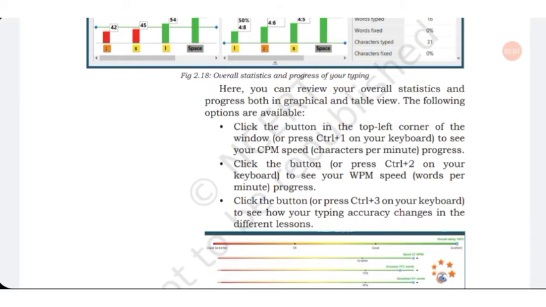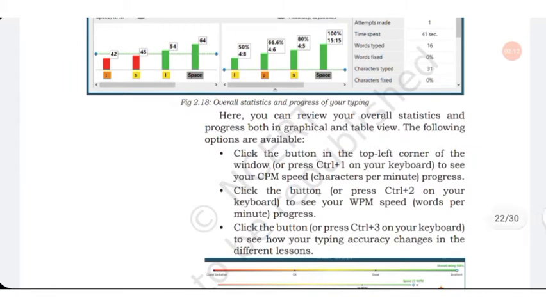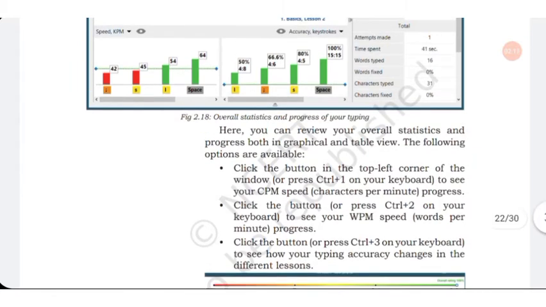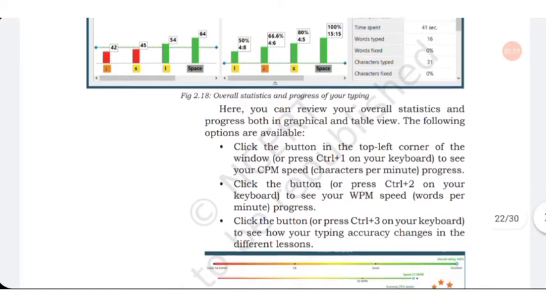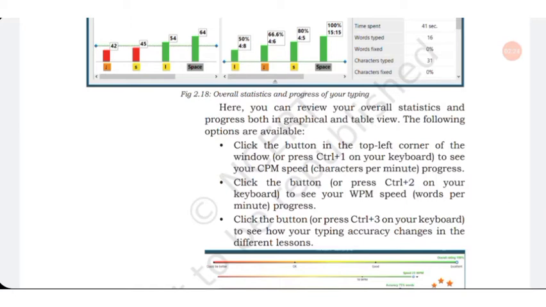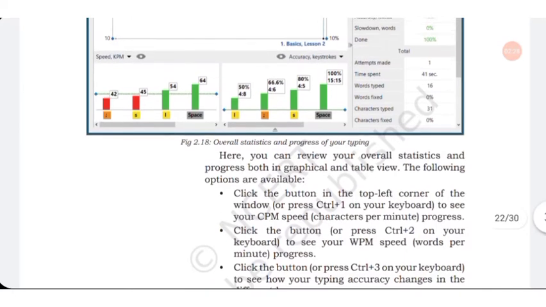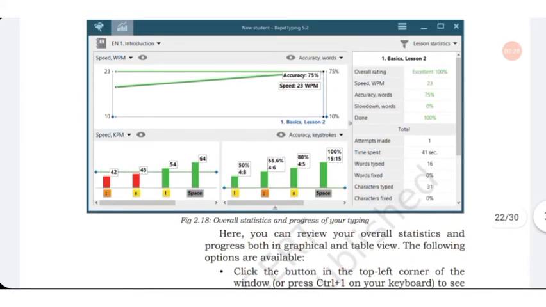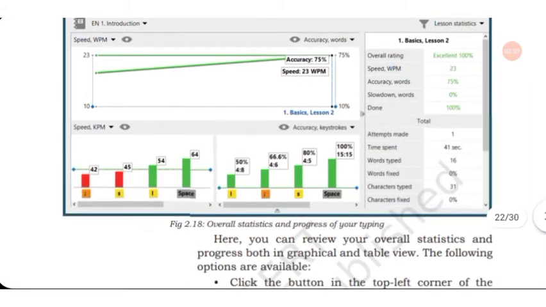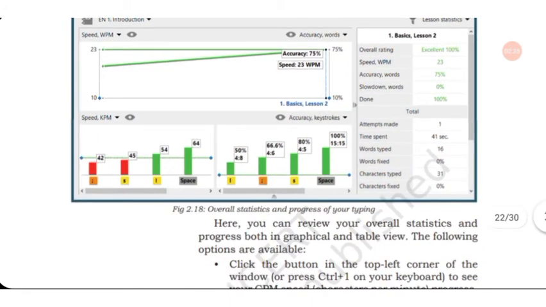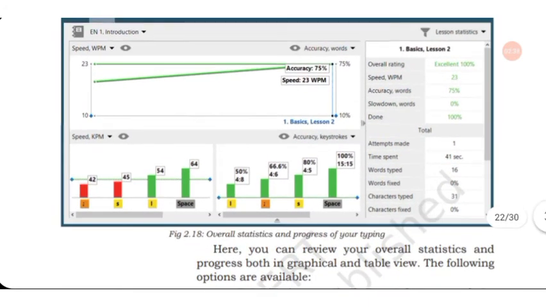You can see your characters per minute speed progress, and you can see your words per minute speed, and you can see your typing accuracy changes in different lessons, in graphical and in tabular form.